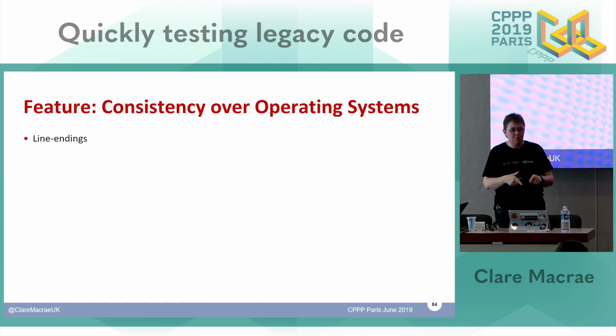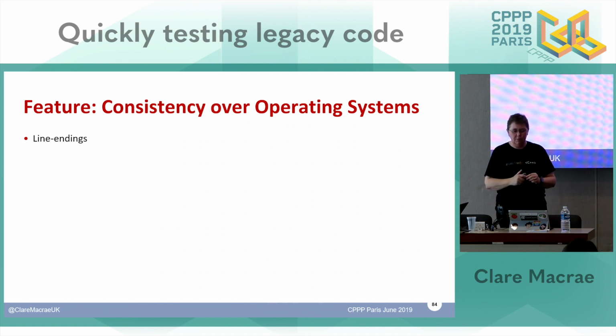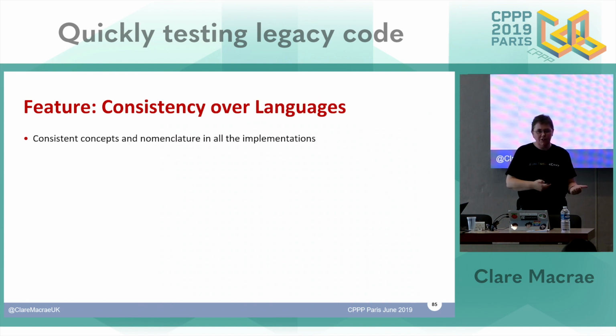As a result of experience, it's very opinionated that text files are equivalent even if their line endings are different, which was really hard for me to accept at first, but it means it doesn't matter how your version control system is set up. You can be checking out the code on multiple different platforms and not worry about what the line endings are. It's consistent over languages as well.